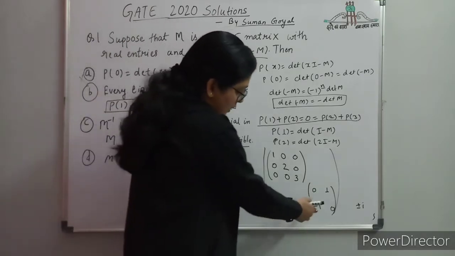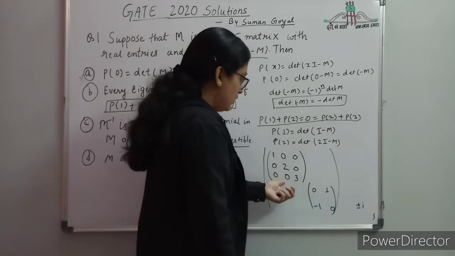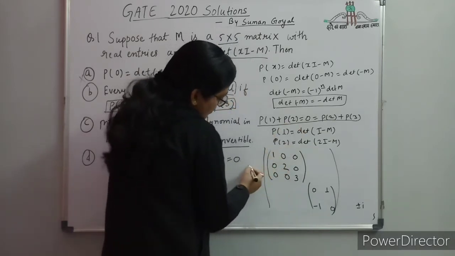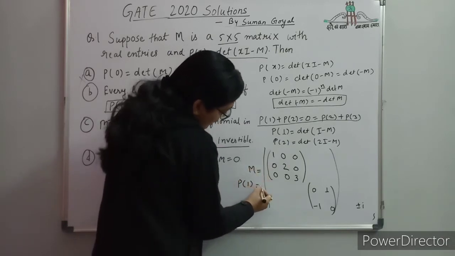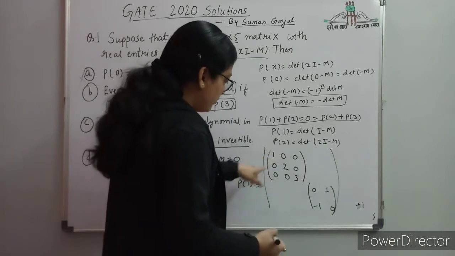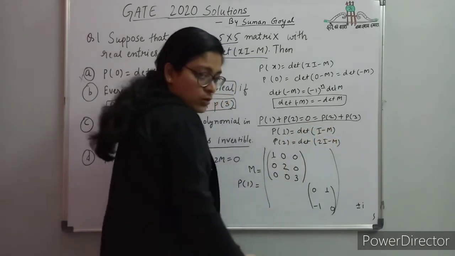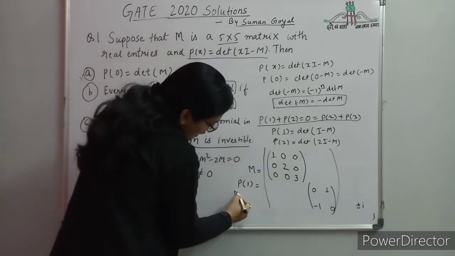Okay, so here we are getting the complex eigenvalues and also this block matrix will satisfy this given condition. How? See, if we find this is the matrix, suppose M, and if we find P1 for this matrix, what will you get? Here 0, because determinant of I minus M means this will become 0 and the eigenvalue for this matrix will be 0. One of the eigenvalues is 0.